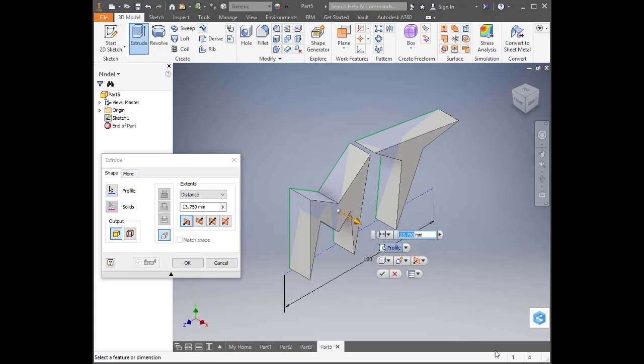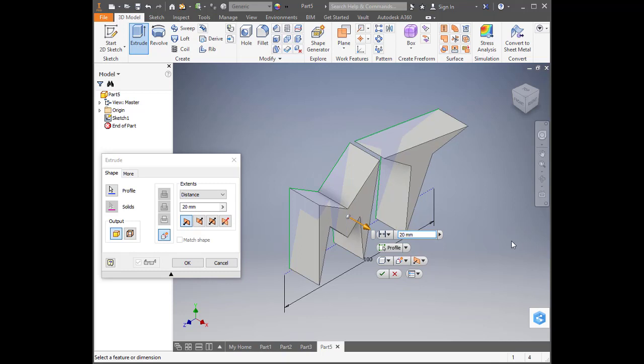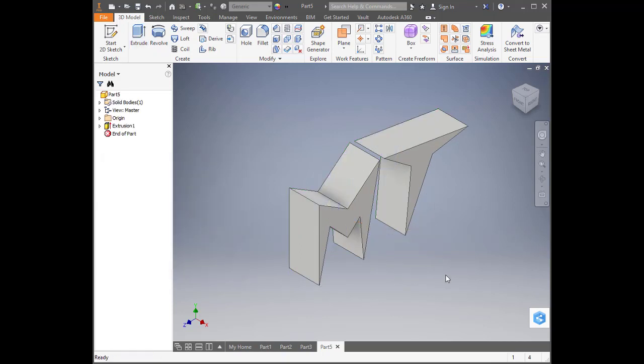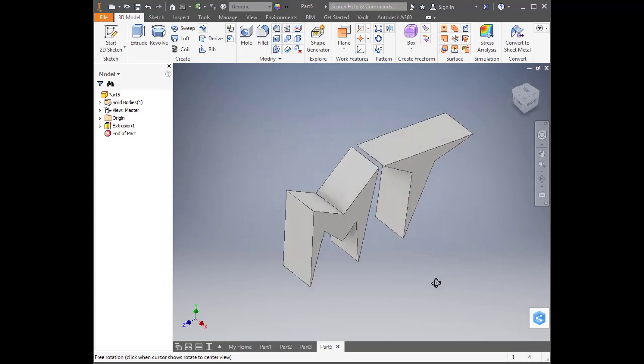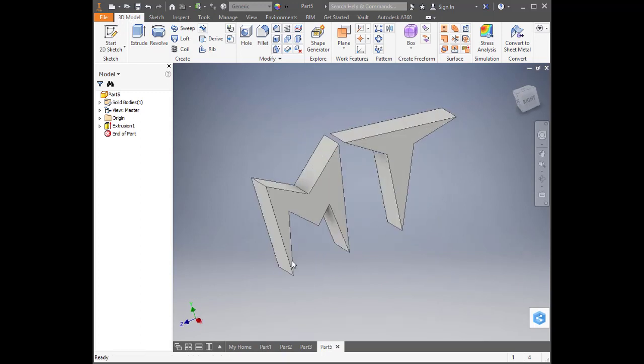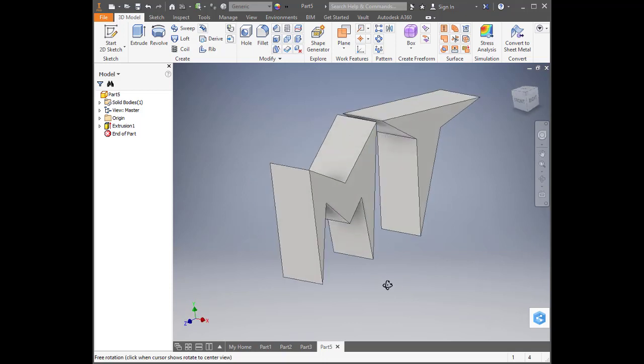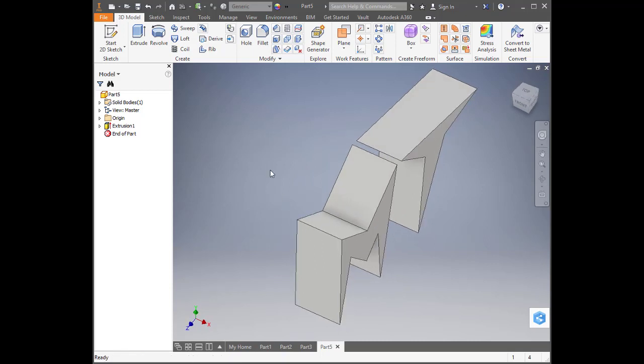Looks to me like 20 might be a pretty decent size. Alright, so there's now my MT 3D, and what you'll notice is that my construction line isn't anywhere to be seen there. Right, now if I went, oh actually that's a little bit thick, remember I can come back into